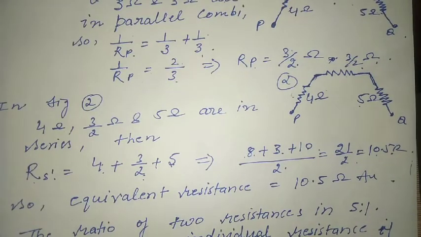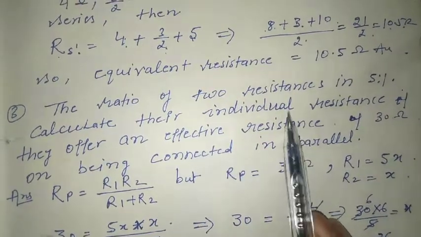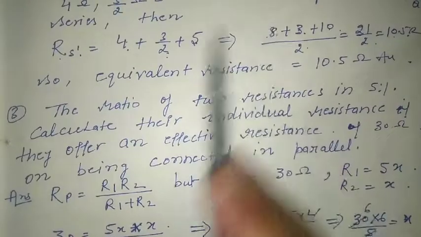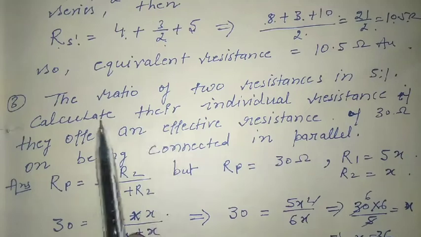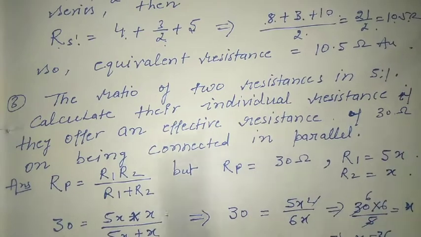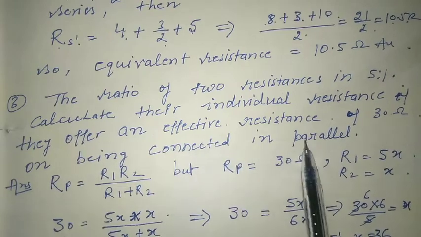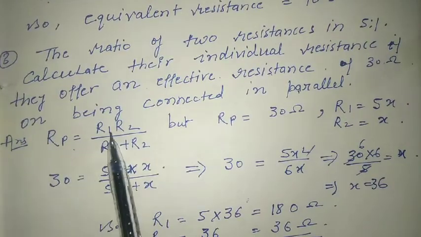The next numerical is also here. One more is there, so we can reduce the given circuit into a different form. Similarly, the ratio of two resistances is 5:1. Calculate their individual resistances if they offer an effective resistance of 30 ohm when connected in parallel. So Rp is given. The formula we know is R1 R2